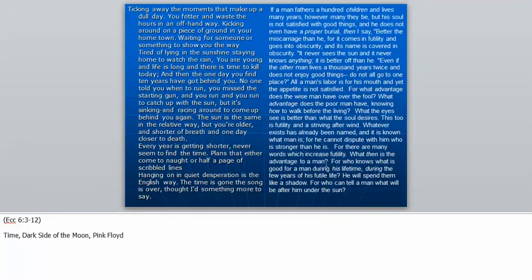I throw this slide up just because it's kind of interesting. Here's a quote from Ecclesiastes chapter 6 on the right, and on the left is a Pink Floyd song. But it's really interesting how the themes that the Bible introduces and wrestles with, like Ecclesiastes and its focus on time and the futility of life and the inward sense of struggle over trying to make sense of life and meaning in life. I mean, you read those two and compare. It's really interesting. Hey, guess what Pink Floyd dealt with in some of their songs? The same thing. So we'll get to that. Well, of course, Ecclesiastes will have to wait till spring.